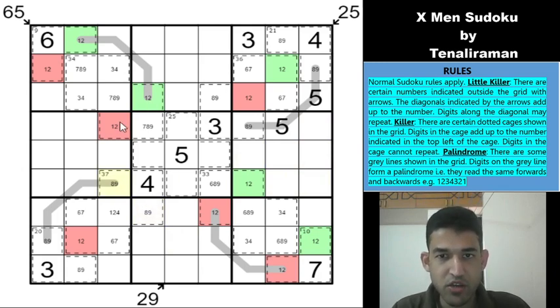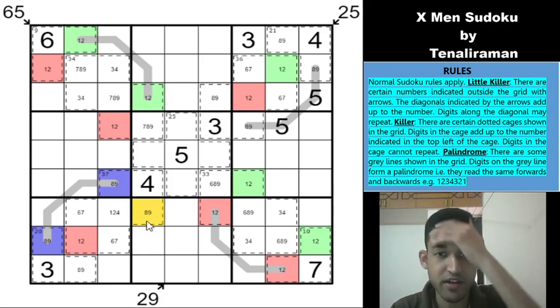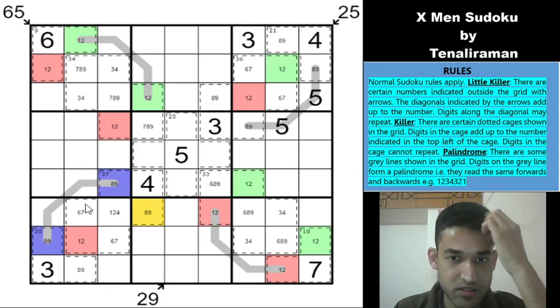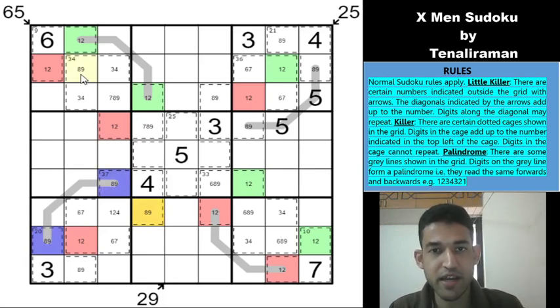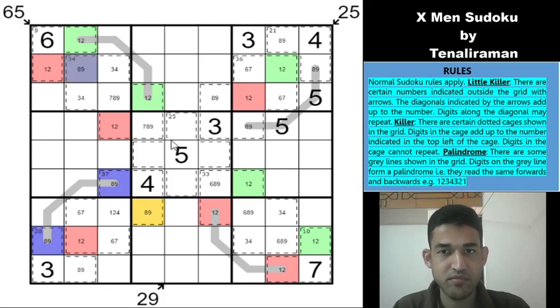So this is 8, 9. Let us use a different set of colors. Maybe blue for this. This will also be a blue now because it's a palindrome, and both of these would have to be the same, which means this is a different color. So this is 8, 9, they are both inside the same cage, so this would have to be different in color. And okay, using classic, both of these cells would have to go here. This is 8 and 9, right? And which means this cell, beautiful.